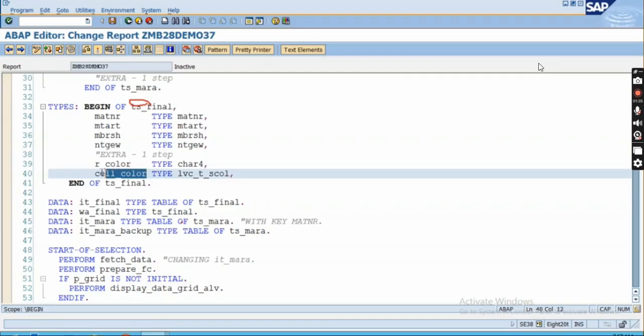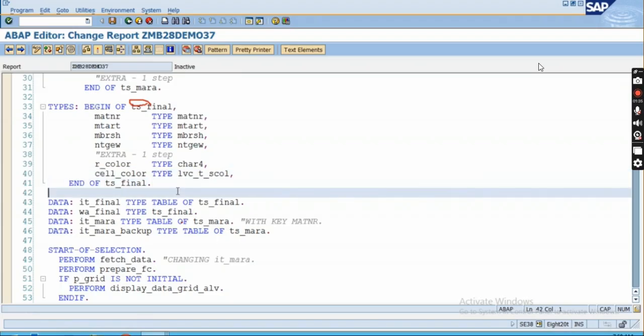First we will require a work area to put the data into this internal table. So let's define a work area. Data WA underscore color, like line of, right? Like line of what? Any one of you can tell me what I'll have to write in order to create this